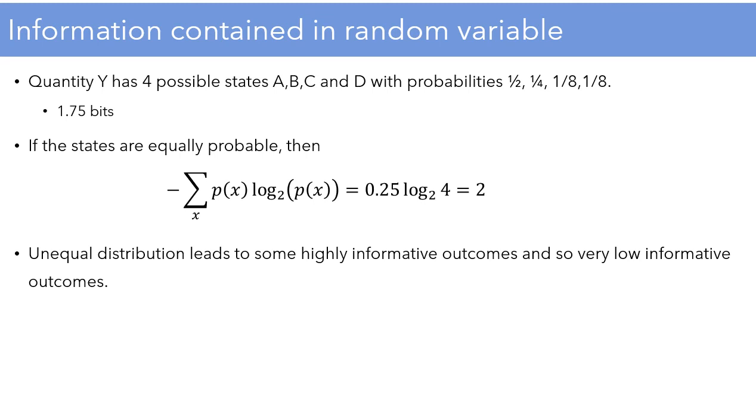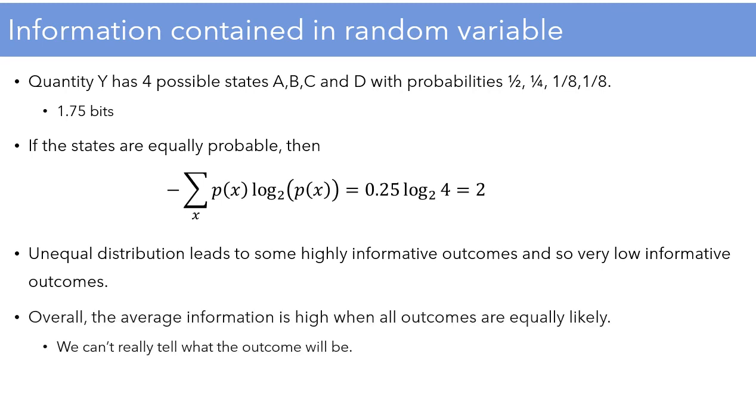So here unequal distribution leads to some highly informative outcomes and some low informative outcomes. Right? If it was equal distribution, uniform distribution, then all of them have the same information. But here unequal distribution leads to some highly and some low informative outcomes, and because of that the average information is reduced. So average information is high when all outcomes are equally likely, right? And